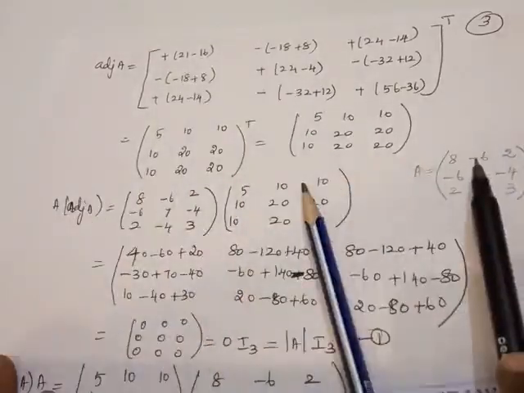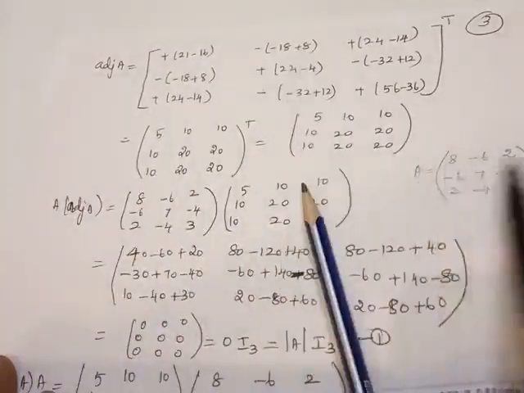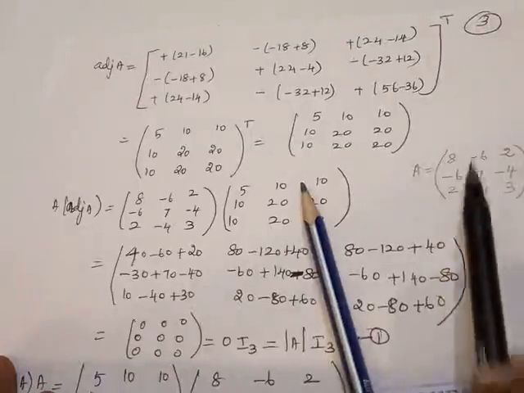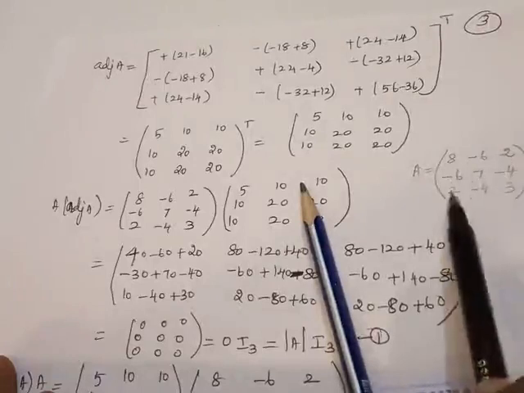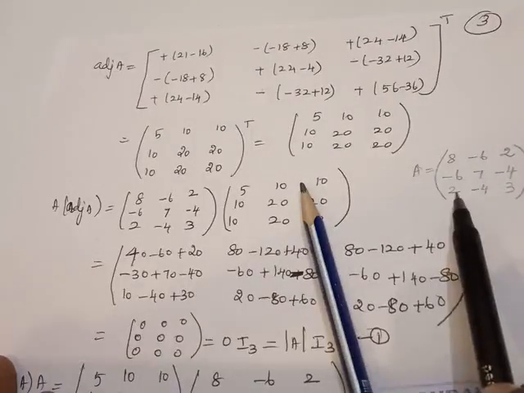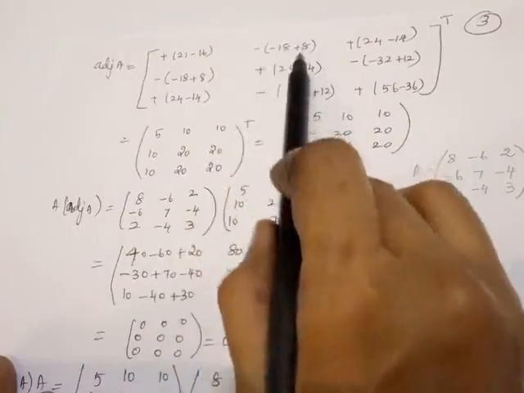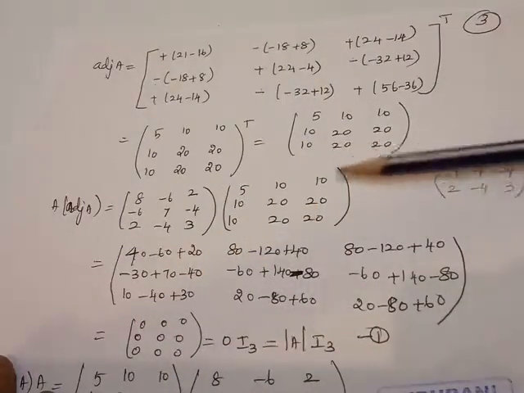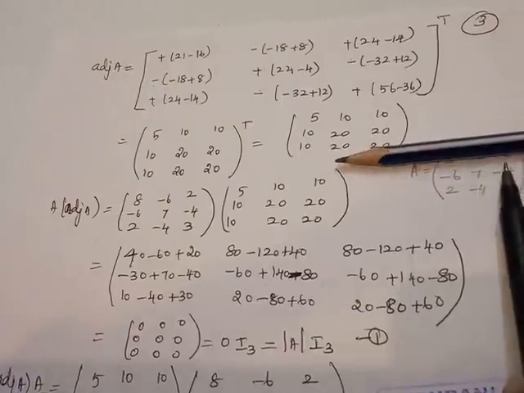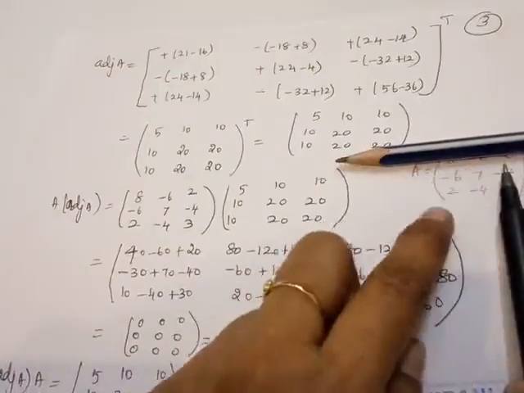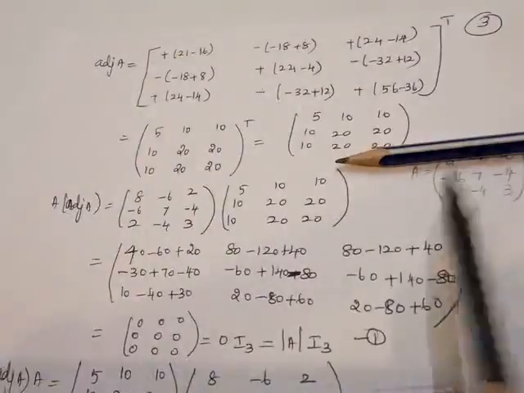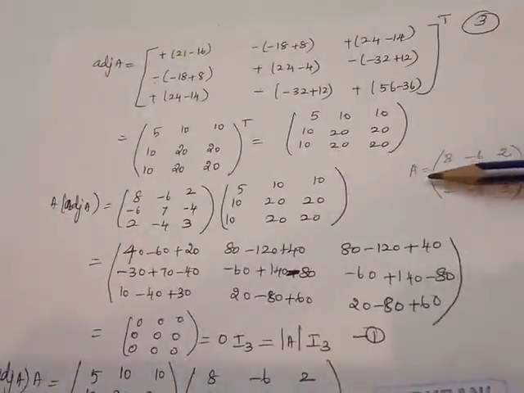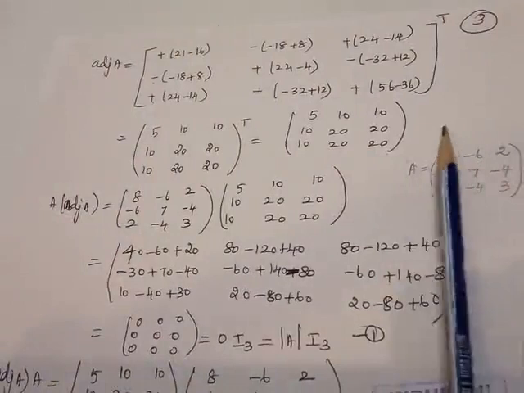Similarly here for minus 6, that is the first row, second column element, the corresponding row and column deleted. Minus 6 into 3 is minus 18. Minus 4 into 2 is minus 8. The formula contains one minus sign, so it becomes plus 8. Minus 18 plus 8. Similarly, for 2, the minor of 2, the corresponding row and column deleted. It is 24 minus 14. That is here, so plus sign, 24 minus 14. Similarly, for this minus 6, you have to delete the second row and the first column.